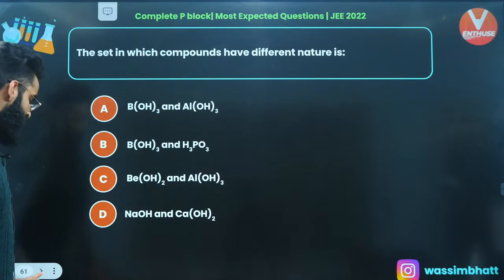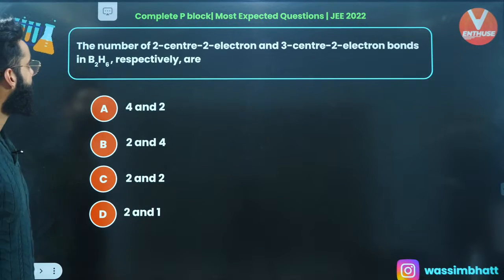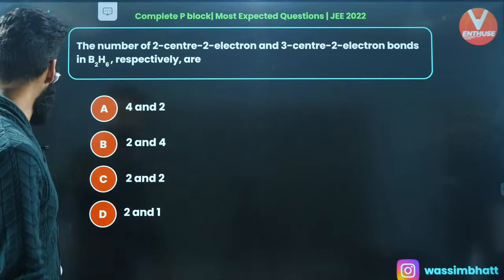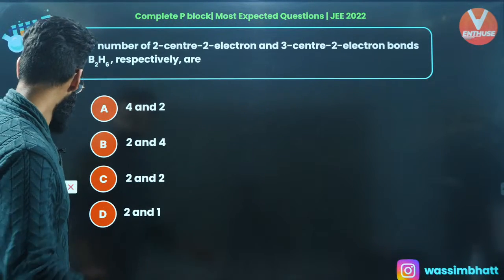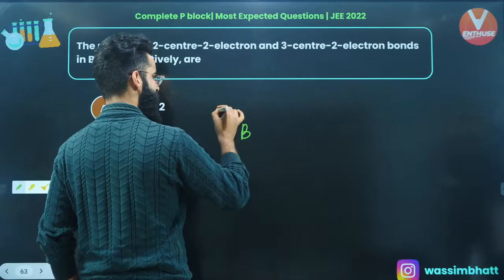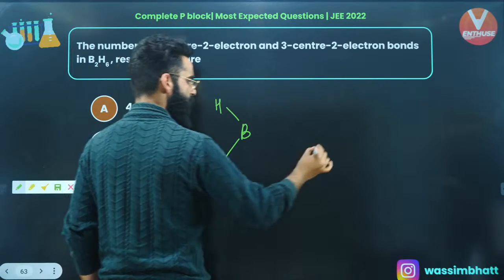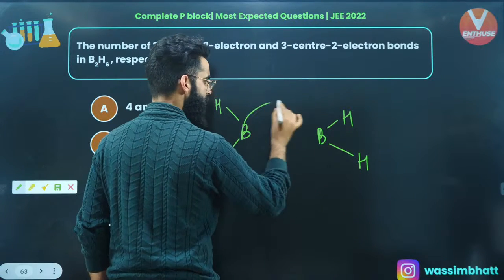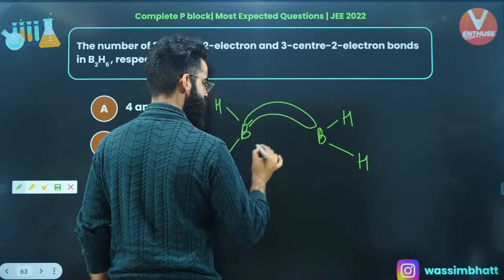I'm sure you're remembering all these things with me. The number of 2-center 2-electron and 3-center 2-electron bonds in case of B2H6, right? Well, if you talk about B2H6, it has a very common structure. I'm sure you must all be familiar with that. Let me make the B2H6 over here. It has 2 banana bonds,